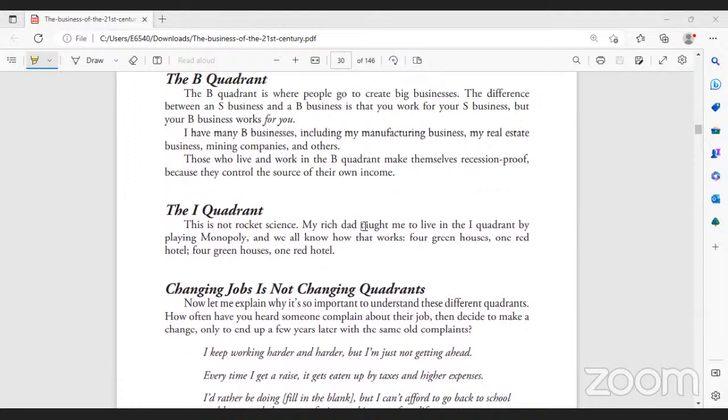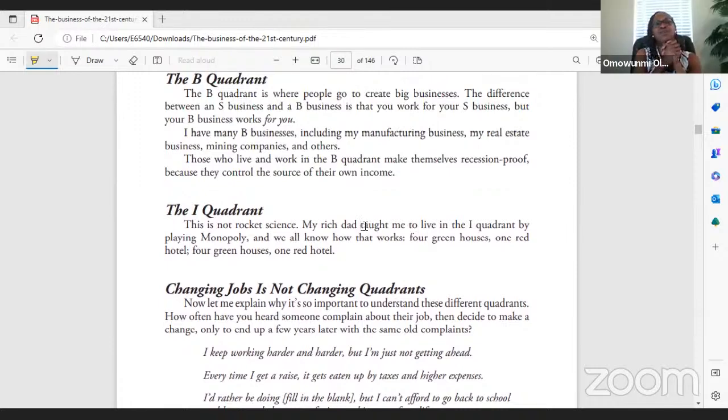Yeah. So let me leave this with you. The money you're making as an employee, as self-employed, as a business owner, are those making money for you? Are you employing your money to make money for you? That's the question I'm going to leave with you right now.